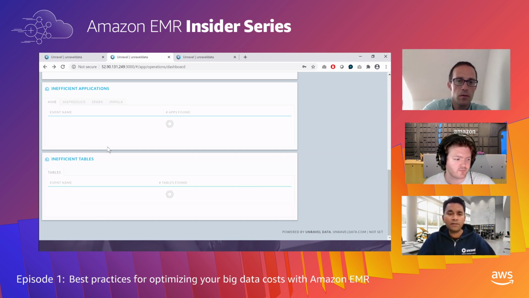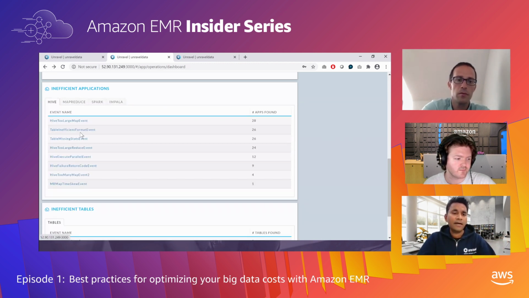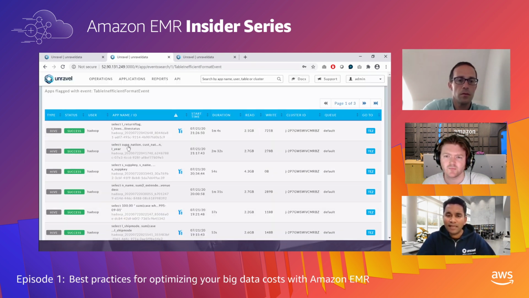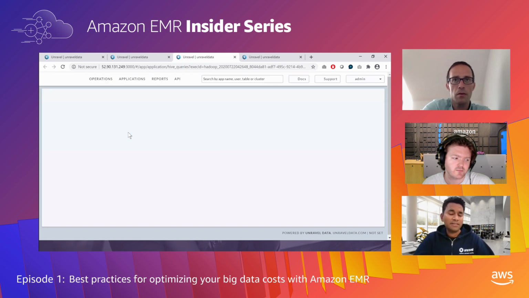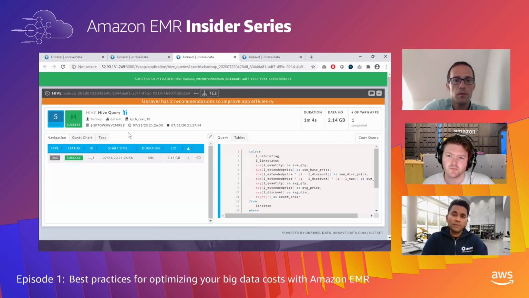different data warehousing or BI workloads where you may have inefficiencies in the application code itself. In this case, let's jump inside an application that's running Hive on Tez, for example. It's similar if you're used to using Presto.